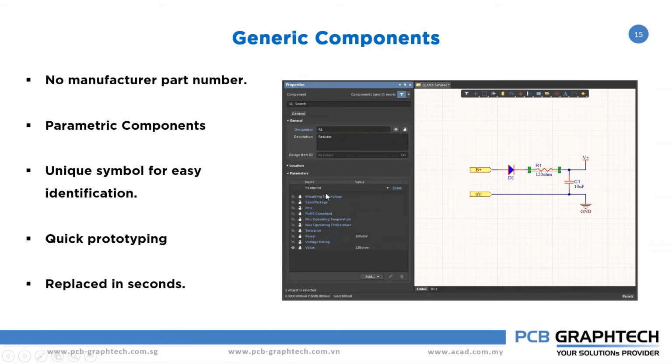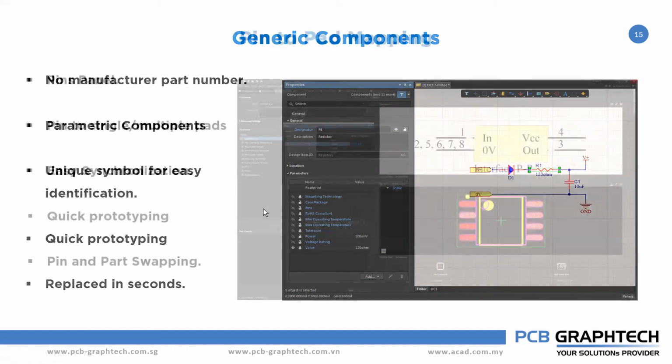Later, when your design is too big and you want to change the component, you can replace the component again from your Altium 365. Automatically, that particular component will be replaced by the new component, with the new schematic symbol and additional properties all replaced. It's very quick and fast, and then you can update to your PCB also. Or you can select certain components in the schematic and edit or change the parameters of the component directly in your ActiveBOM also.